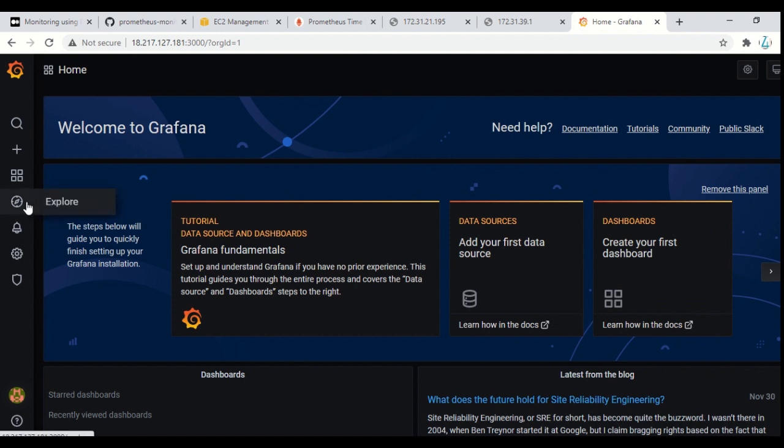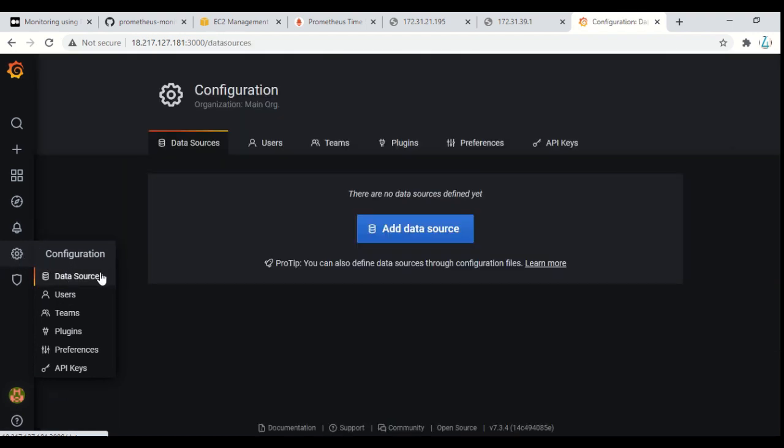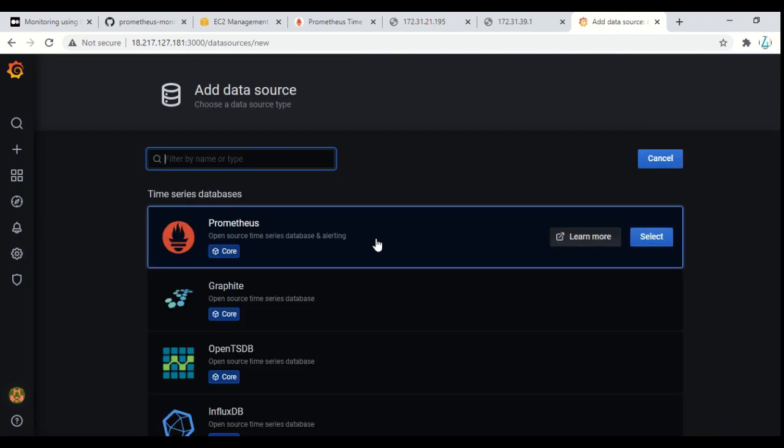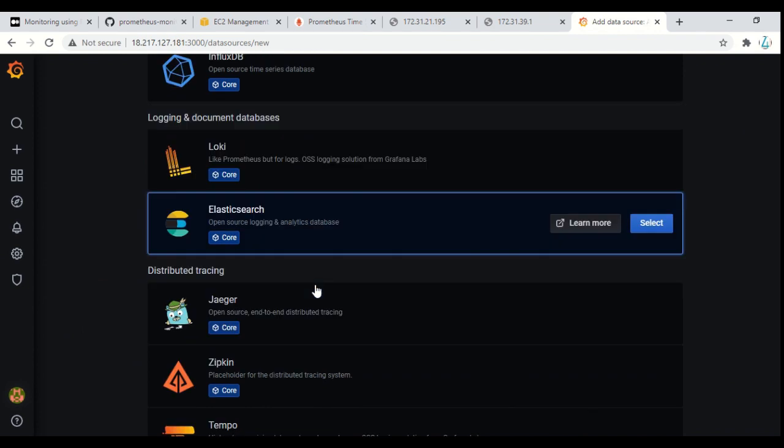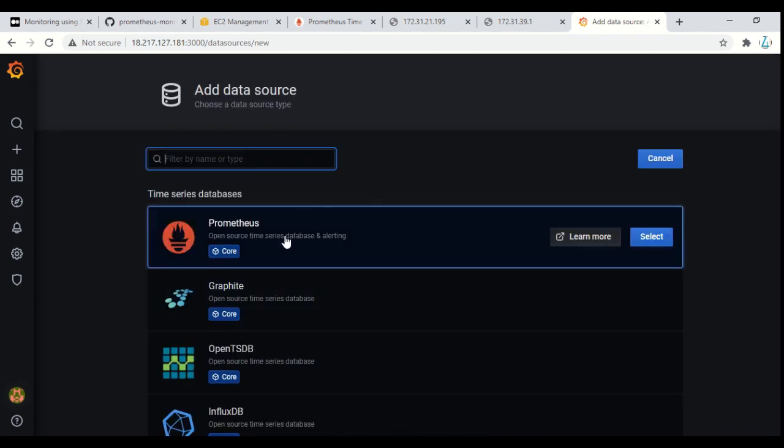So first we need to provide the data, right? What Grafana will visualize. For that, you need to provide some data source. So first thing we will be doing, adding the data source. You can go to this configuration and click on add data source. Here there are a lot of options that you can select. You can see it, but we will be using the Prometheus.